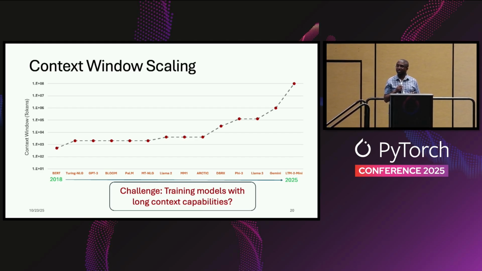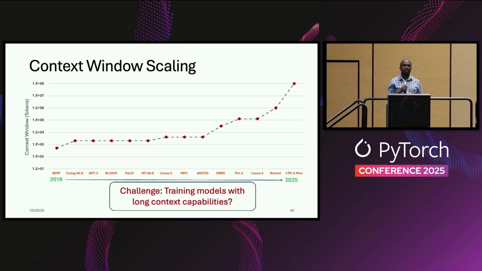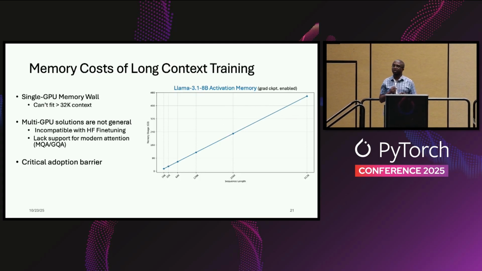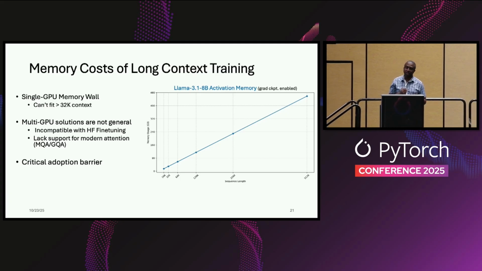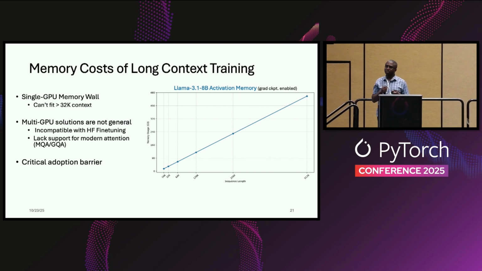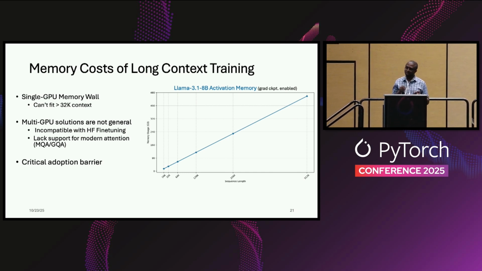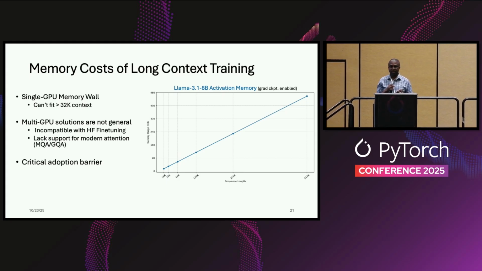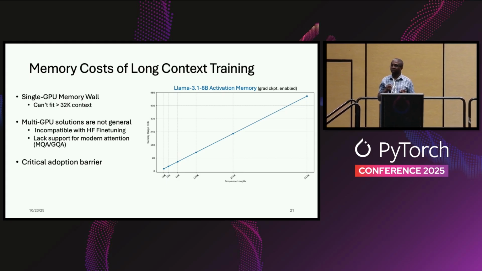And so then the challenge is how do we train models that have long context capabilities? And that's what we've done in Arctic sequence, in ALST or Arctic long sequence training. So to drill down to what is the cost or what challenge does the longer sequence create? Here I'm showing the memory costs of scaling up your